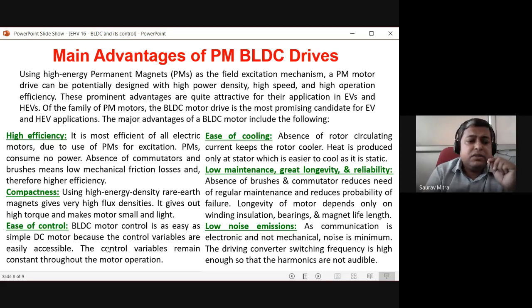Use of control, so it is very easy to control because the control variables are easily accessible. What is the main control variable? Main control variable is current flowing through the stator, that's all. If we can control the current flowing through the stator with respect to the position of the rotor, or with respect to the position of north south pole of PM, these are the two very easily available controlling parameters. In a lot of processes the control parameter is not available at the outside. You have done state space, so not all the states are observable. In this case all the states are observable, so all the controlling parameters are very easily at our disposal, so we can control the motor in a very proper method.